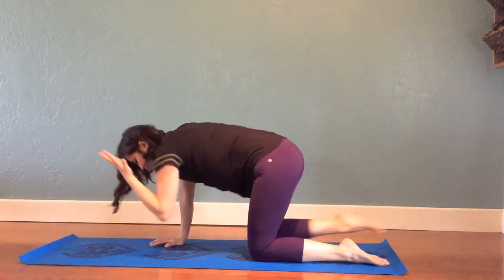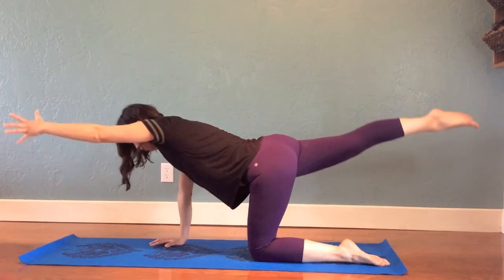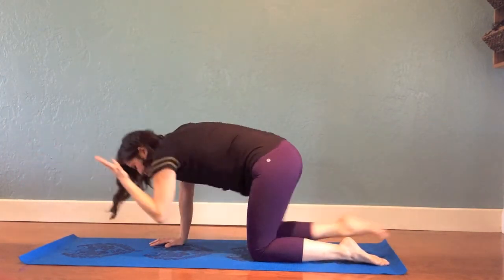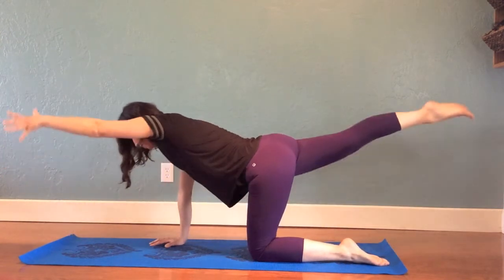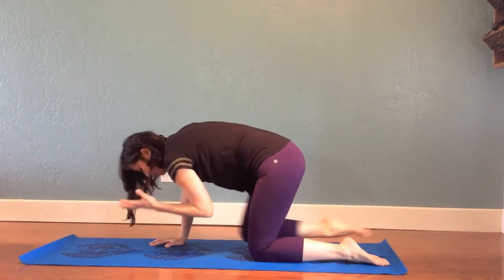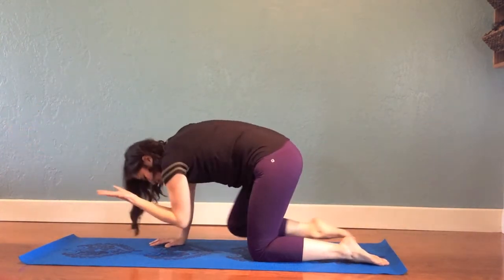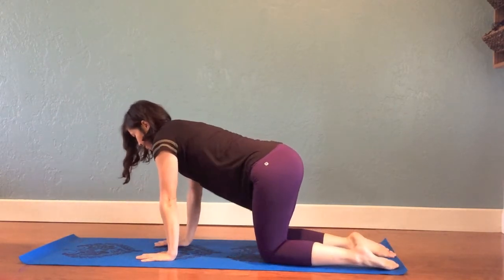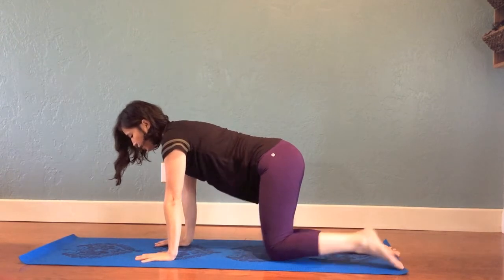You're allowing yourself to build that heat, right? So you're noticing there's all this tense energy. So we're going to utilize that energy into movement, into mindful movement. Good. Do one more round. And then set it back. Find your tabletop. Then other side, left leg goes back,